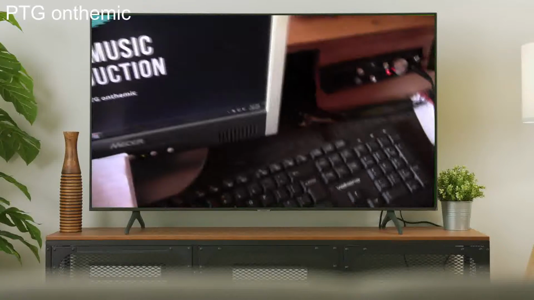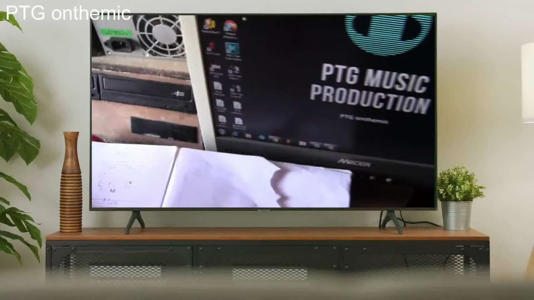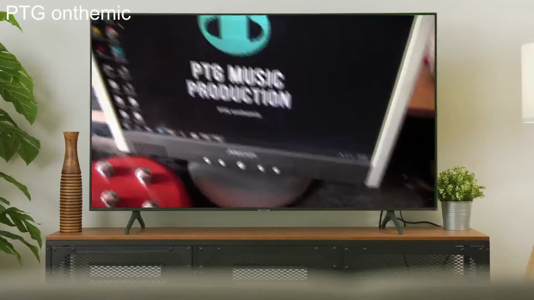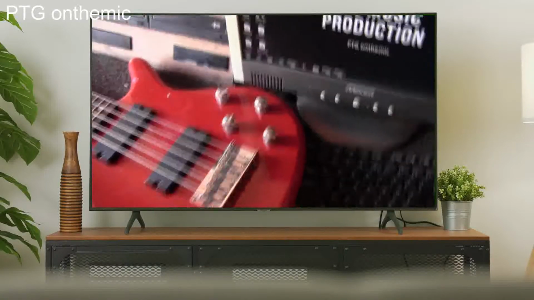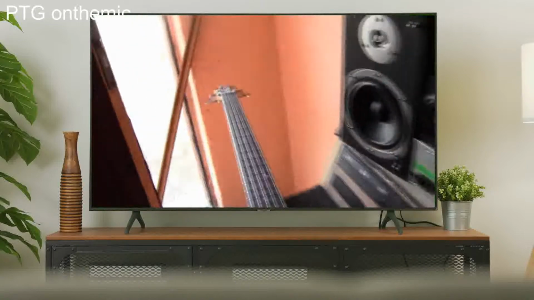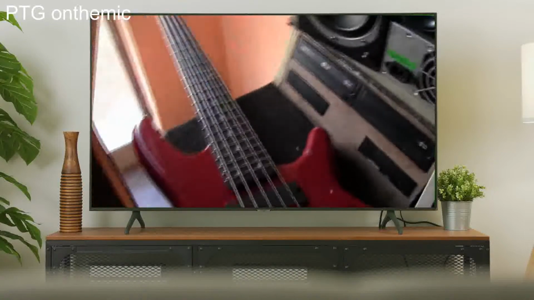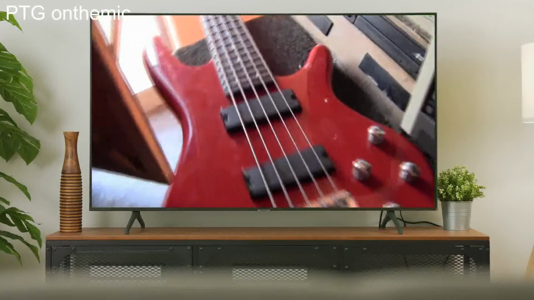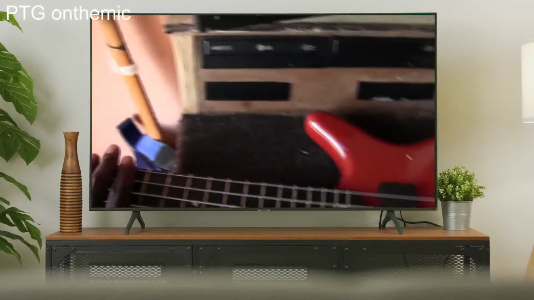So if there's 5 lines, it will be a 5-string bass guitar. If it's 6 lines, then it's a 6-string guitar. A guitar tab is easy to use. So we're going to use this bass guitar to demonstrate. It's a 5-string bass guitar. So let's say on our guitar tab,